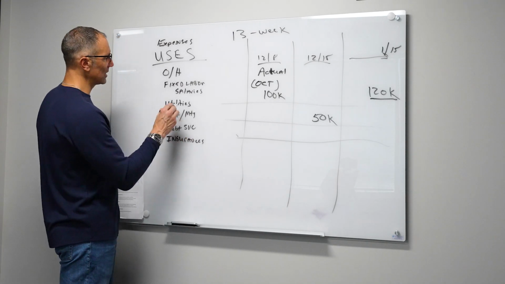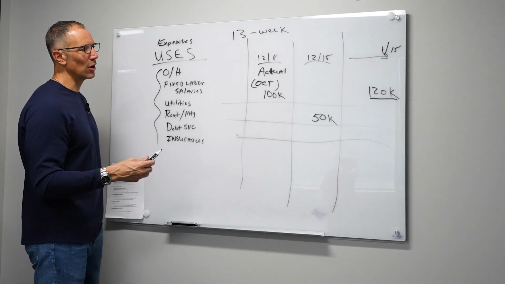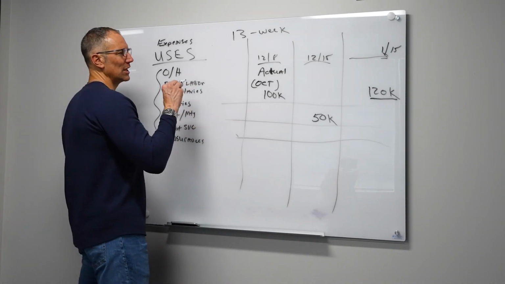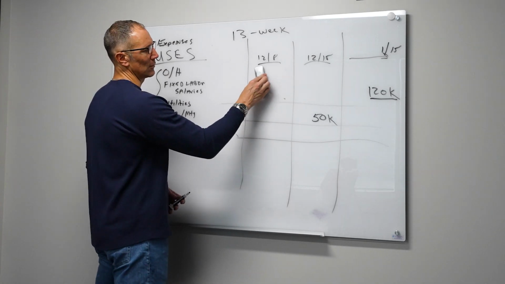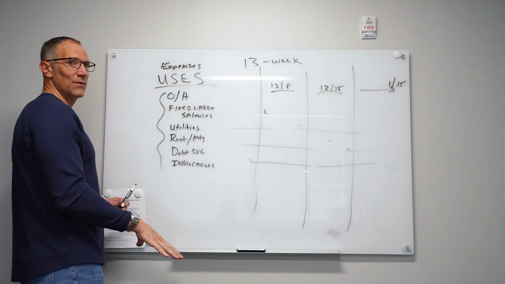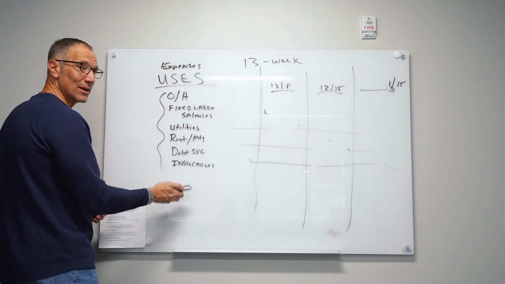List out all these fixed expenses that you're going to have that are consistent, that you know are basically either weekly or monthly, okay? And you put each of those numbers in month after month, all the way through the entire 13 weeks, every single week. Once you've done your overhead and fixed expenses, as you're just going down the line,